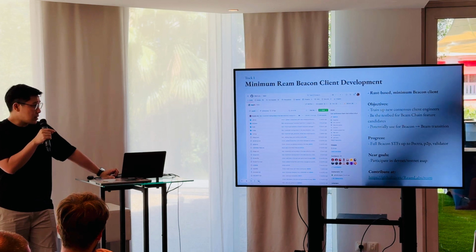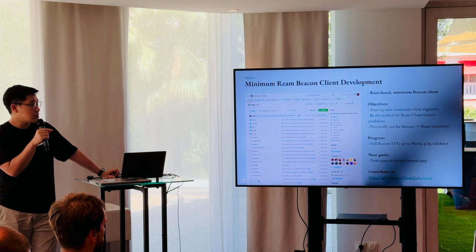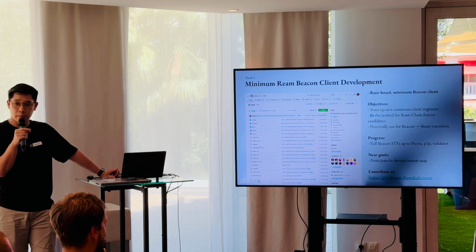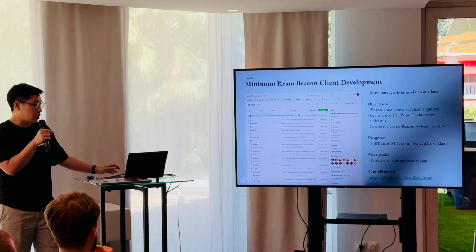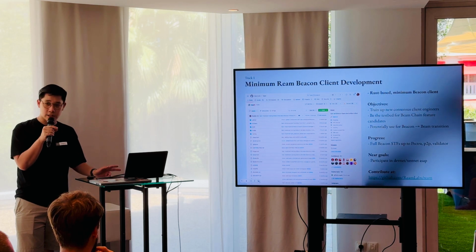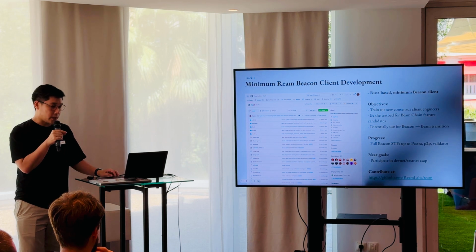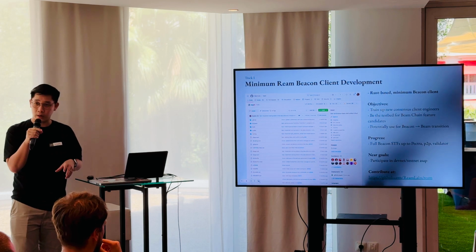For track 1, our main output is our Ream client, a Rust-based minimum beacon client. Our objective here has 3 prongs. First, we use this code base to train up new consensus client engineers. It's also the test bed for Beam chain features.